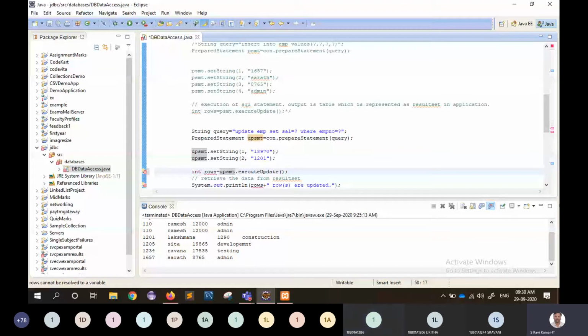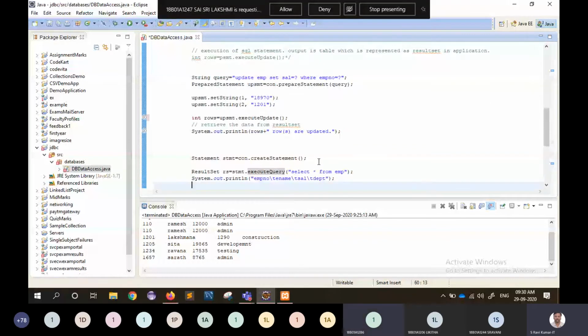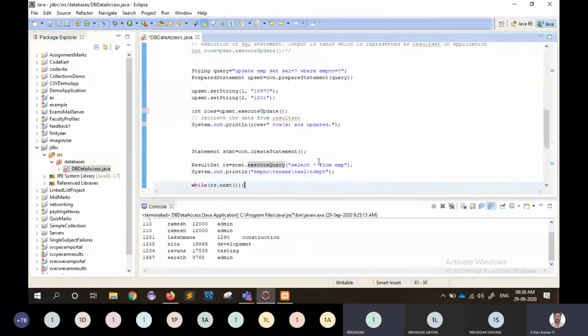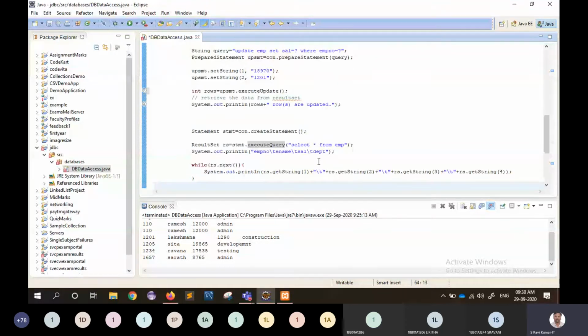After that, again I'm creating the statement object and then executing the query select star from EMP, and then we are iterating the loop for getting all the columns data in each and every row. Okay, so let's see how it is executing.